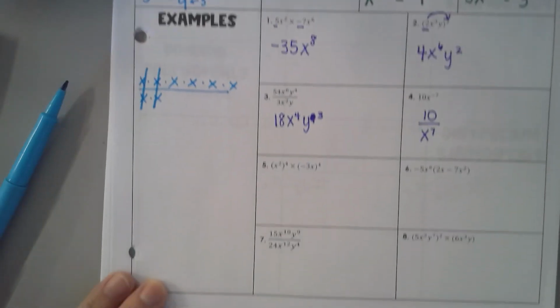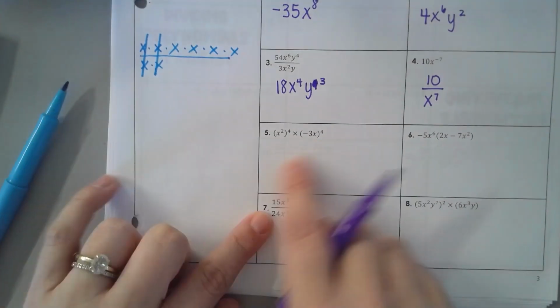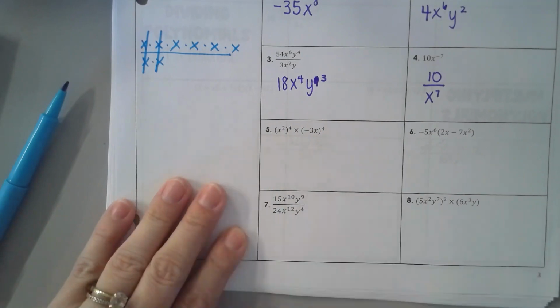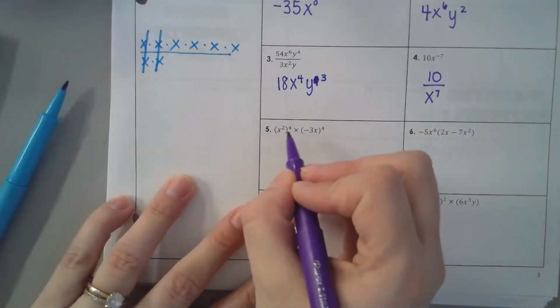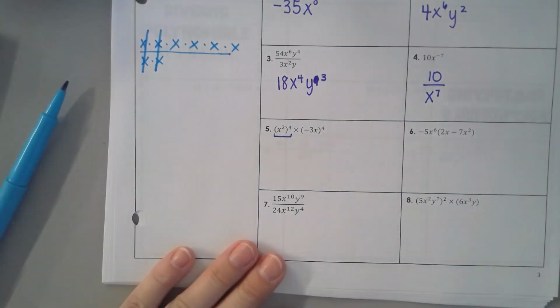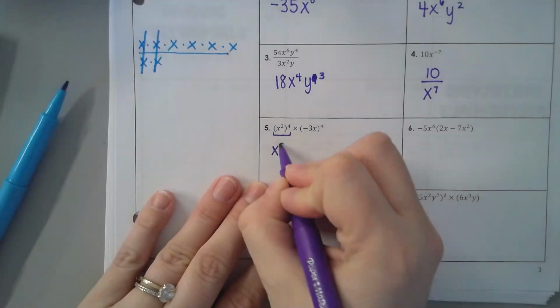Number 5, I have the power rule and product. So you always want to kind of follow order of operations and do exponents first. So here we have x squared to the 4th power. What is that? X to the 8th times,